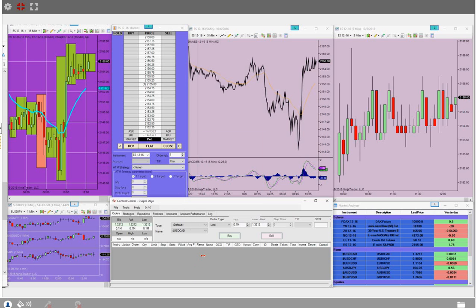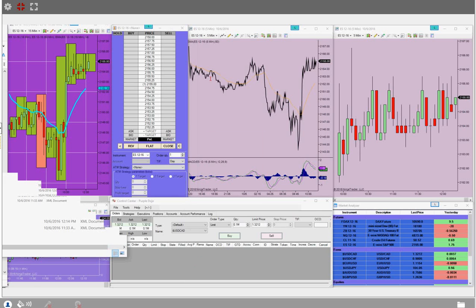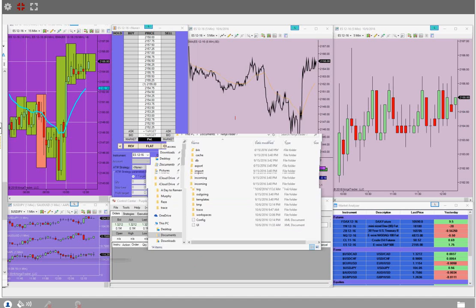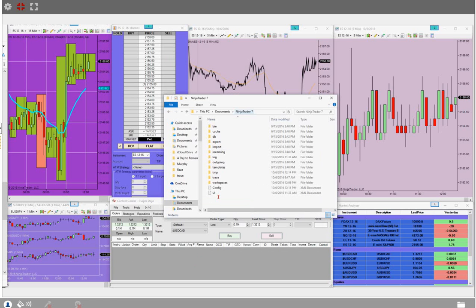And just as quickly as that, I've already created a backup file of my templates and my workspaces. And I just want to show you where that's actually located. So I'm just going to bring over my File Explorer here. In the NinjaTrader 7 Documents folder, you'll see here that if we just back out of here and go into NinjaTrader Backup,